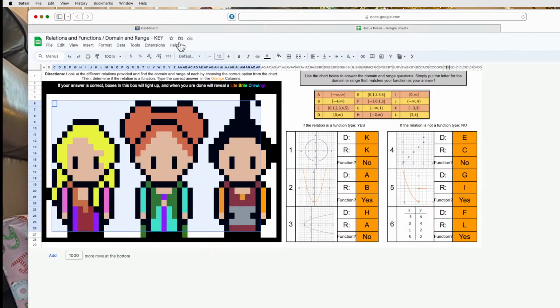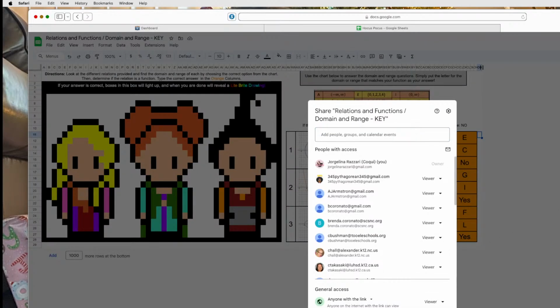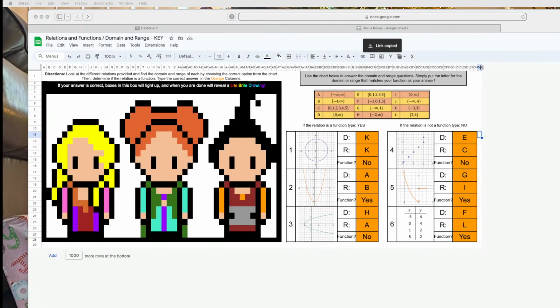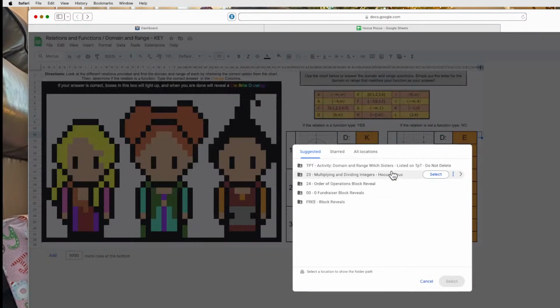Okay, so I'm going to make a copy of this because I don't want to mess with my activity that's already created for domain and range. I'm going to go ahead and share this in case anybody wants a domain and range activity. And I'm going to make a copy. And I am going to call this Hocus Pocus Sisters template. And let's save this cutie